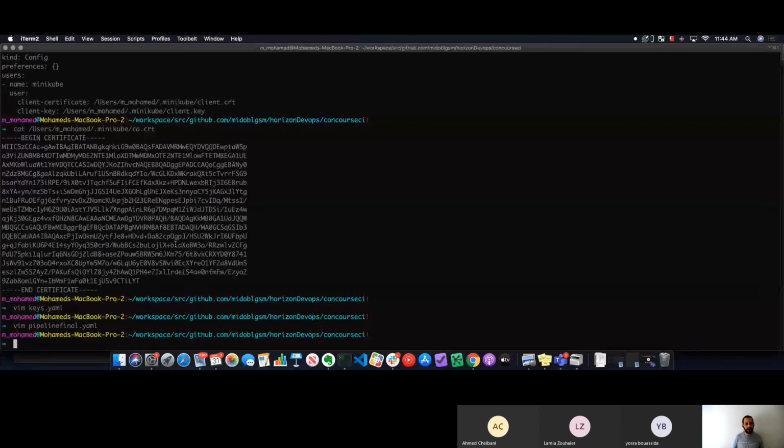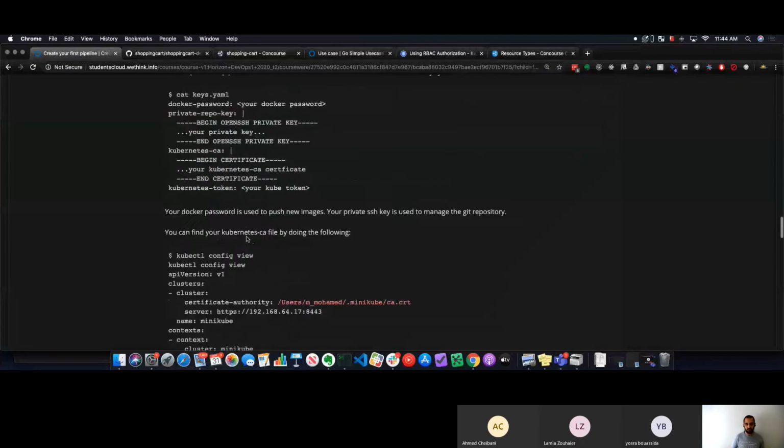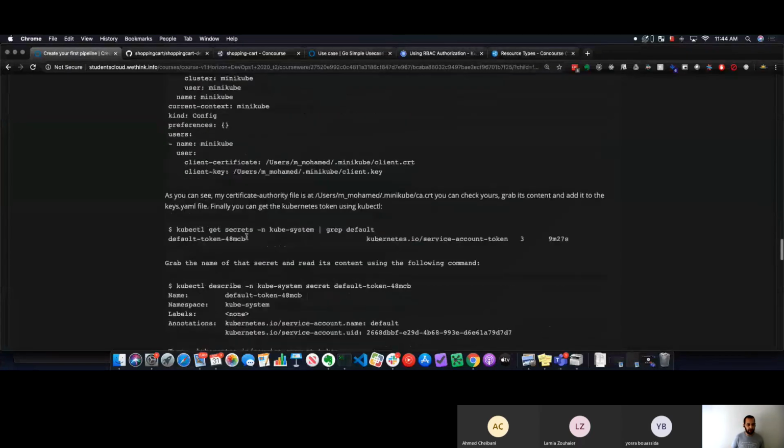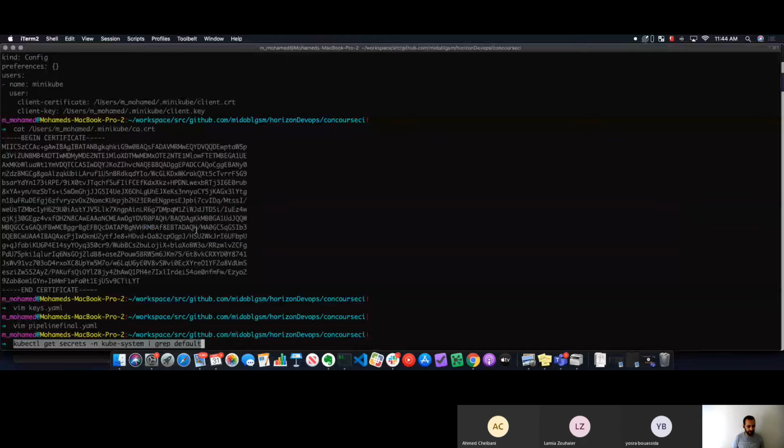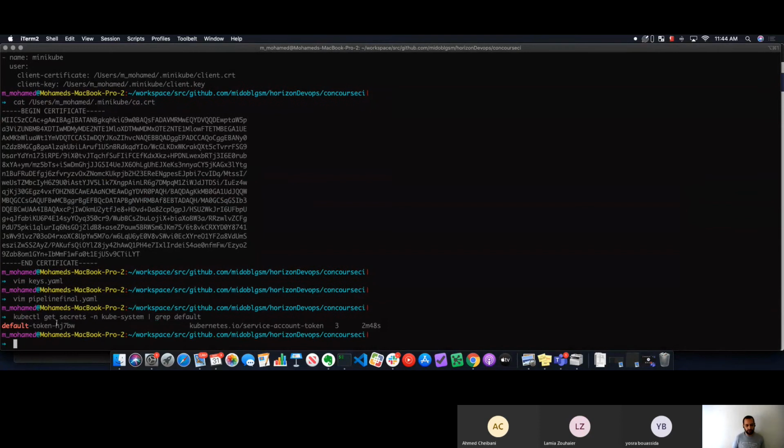The last part now is the token. If I want to know the token, I can get the default token from the kube system by using this command. Basically, I will get the secrets from the kube system that has a default. So I will see that I have a default token. I can use this token in my environment in order to be able to do deployments and create things